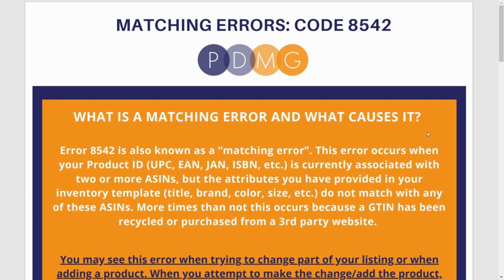So like I just said, error 8524 is also known as a matching error, and this error occurs when your product ID, so your UPC or your EAN, etc., is currently associated with two or more ASINs that would already be in the catalog. But the attributes that you have provided in your inventory template, like your title, your brand, your color, your size, what have you, do not match with any of these ASINs that were already in the system. More often than not, this occurs because a G10 has been recycled or purchased from a third-party website,